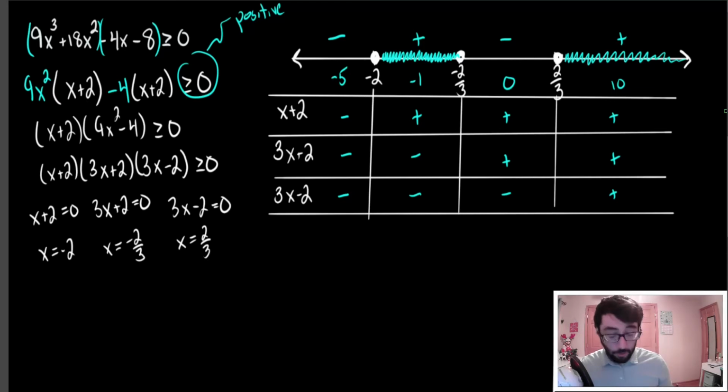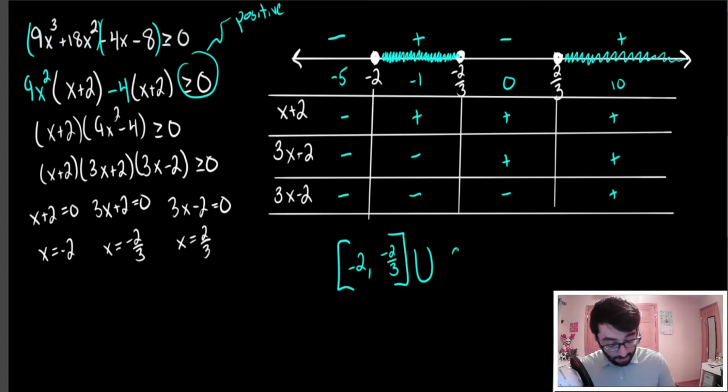So remember, interval notation is lower bound to upper bound. We use parentheses if we cannot be that number, and brackets if we can be that number. The solid circles are going to help us here. I'm going from -2 to -2/3. I can be either of those because it was or equal to 0, so I'm going to put brackets around each, and there's a whole other solution set here, so I'm going to use U for union,